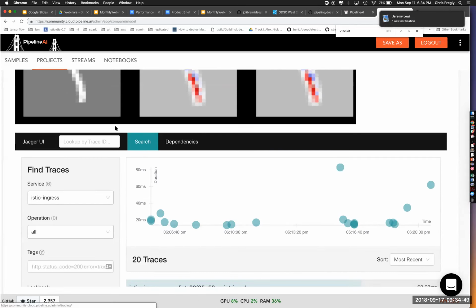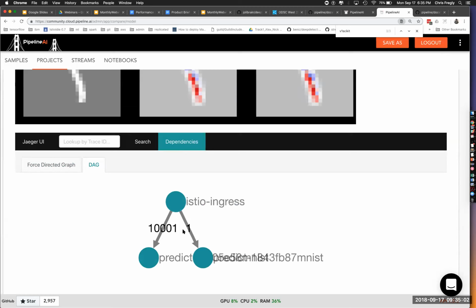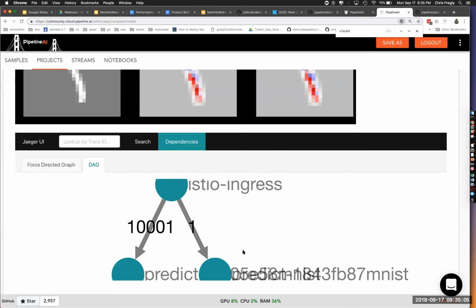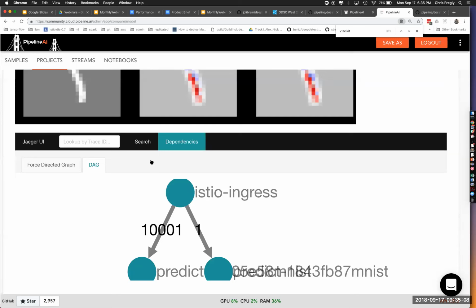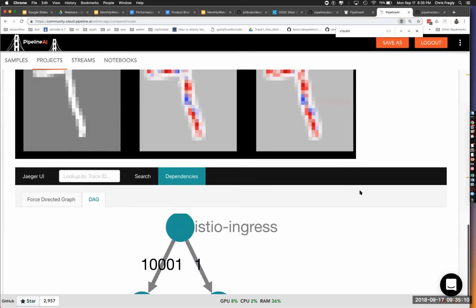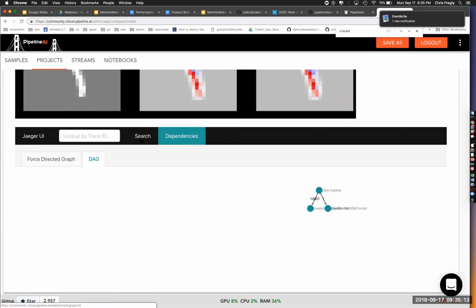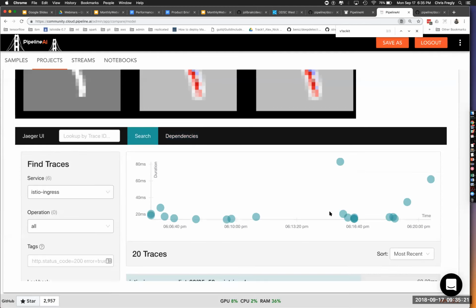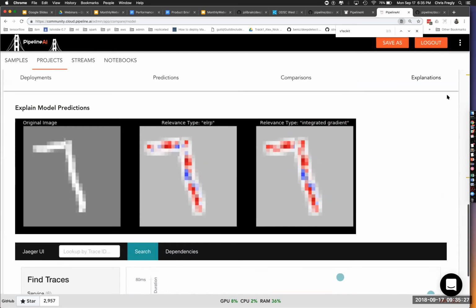Some of you might be familiar with Jaeger. Jaeger is a way to trace and not just show performance, but you could actually drill in and see which model variants or models were part of a prediction. And so this is one single prediction that crossed a couple different models. This is part of the ensembling stuff, which I actually haven't spoken about just yet. But you can see now which specific models or model variants were part of a prediction. And this is really powerful. So not just performance-wise, but this kind of feeds into the explainability of these models.